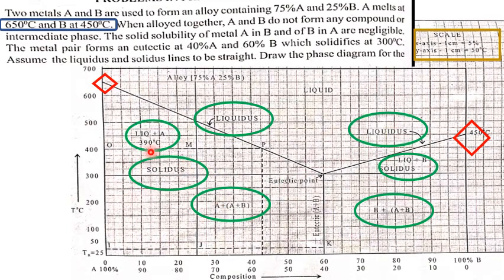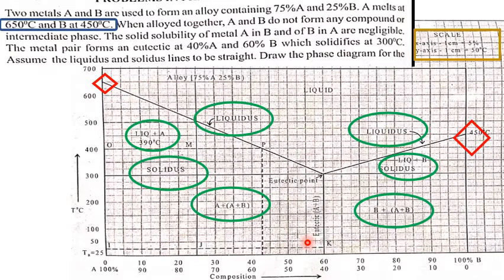So now here you can see A has already solidified. That is what we call pro-eutectic A. And once the liquid crosses this 300 degrees Celsius, it will solidify into A plus B. Similarly here, B solidifies, that is pro-eutectic B, and once it crosses the eutectic temperature, the liquid will solidify into A plus B. And exactly for the eutectic composition, once it crosses the eutectic temperature, all the liquid will solidify into the eutectic mixture, that is A plus B.